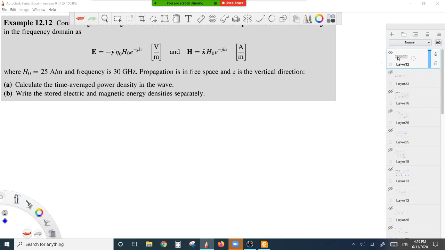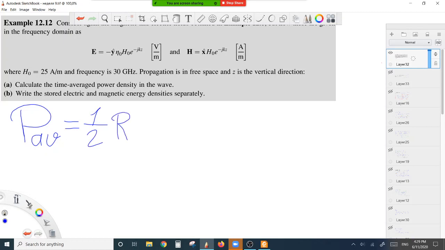So time averaged Poynting vector can be calculated using the equation that we have derived in previous